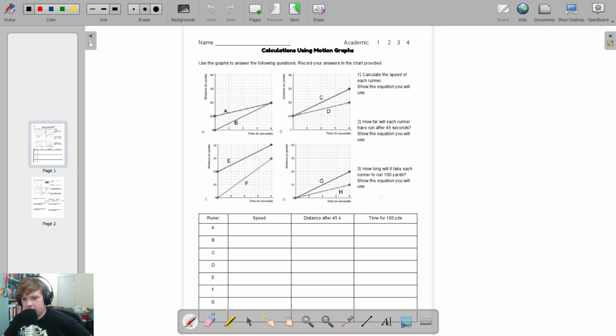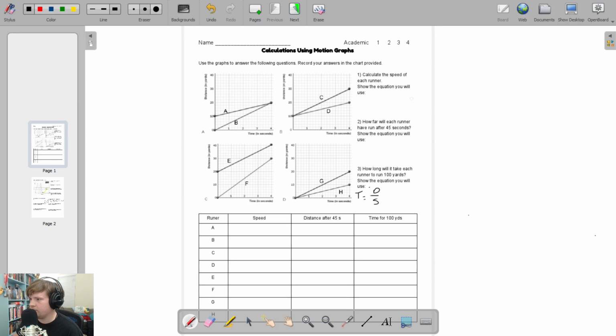So number 3 on calculating using motion graphs, this guy right here. How long will it take each runner to run 100 yards? Show the equation you use. So it's just asking for the equation, so Akino just provided it for you. So how long, that's time. And let's see. So time is equal to